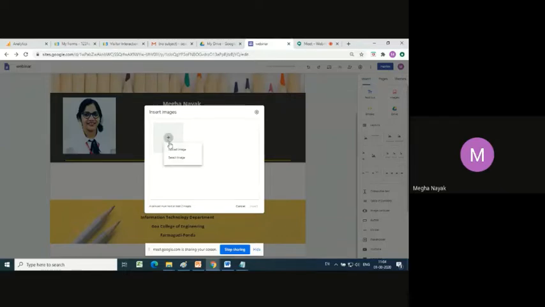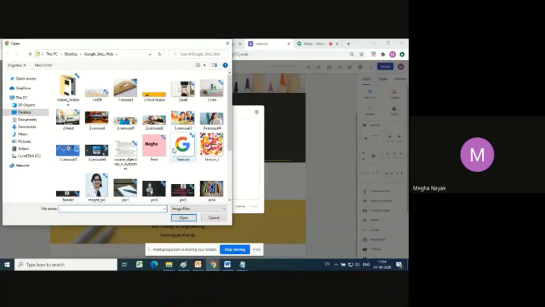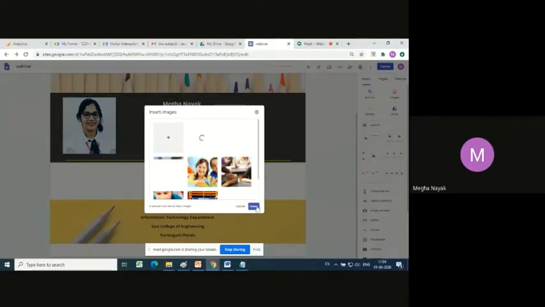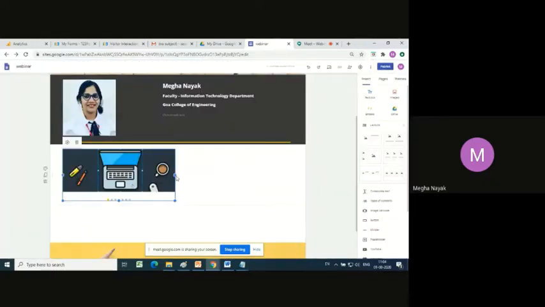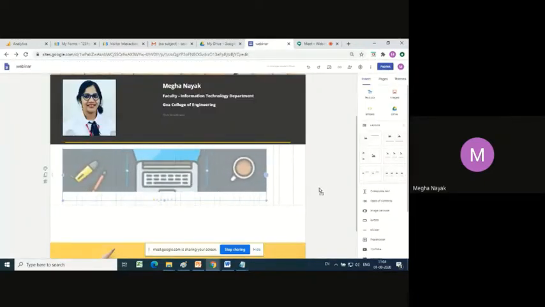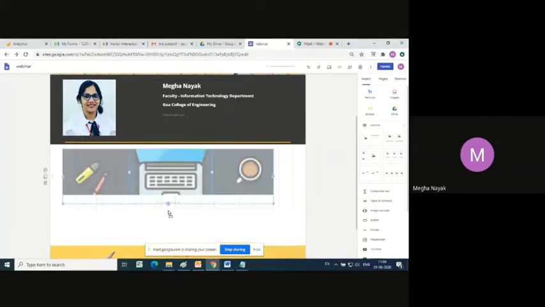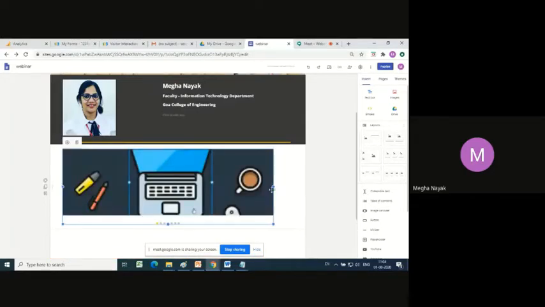So I click on insert image, I click on upload, and for the carousel I have kept my images already ready. So I click on the images I want. So these are the images I want, and I say open. They get populated on its own depending on how you have chosen it. All right, and then I say insert. The moment I say insert, depending on how you want it, you can accordingly stretch it. I'm just showing you how to do it though. So this will be your image carousel.